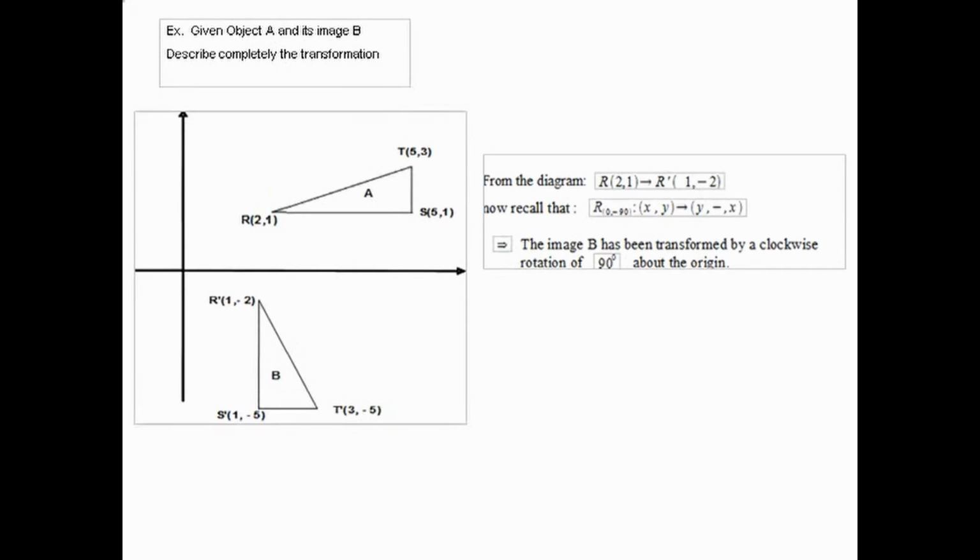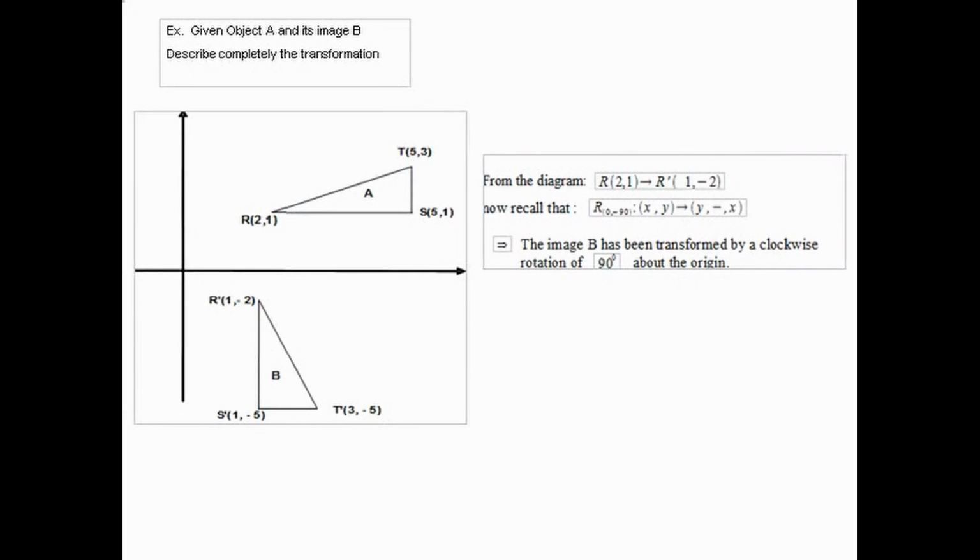Recall that we said earlier that the horizontal side of the triangle will become vertical, and the vertical side of the triangle will become horizontal for a 90-degree rotation. So we suspect that this triangle has been rotated. So let us look at it mathematically, and we'll see that if we take point R again, R (2, 1) has been mapped onto R prime (1, minus 2), which is exactly the mathematical description for a clockwise rotation of 90